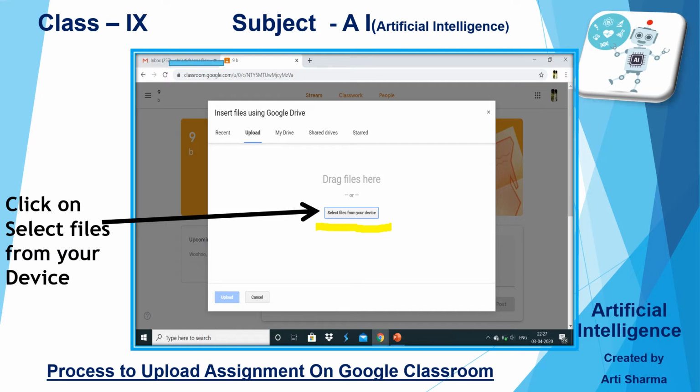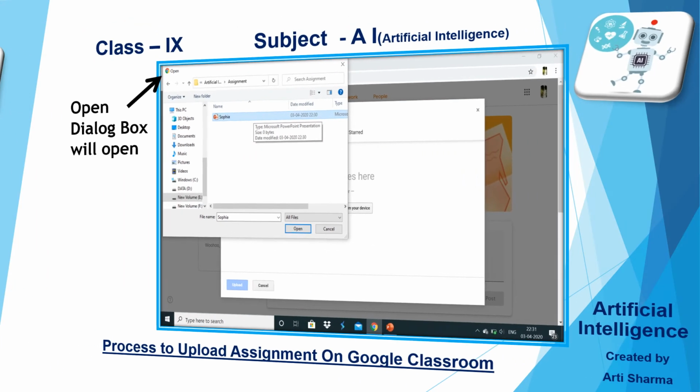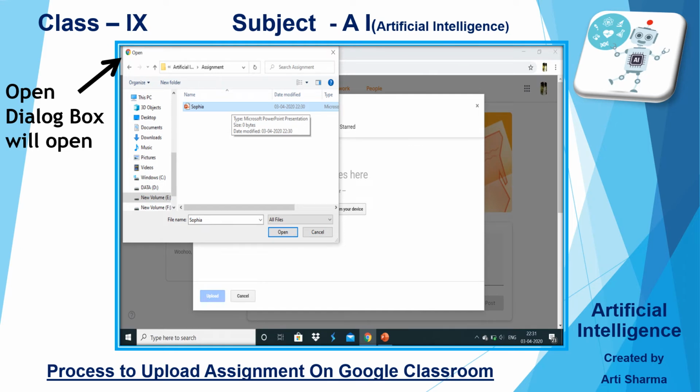So we need to select the file from your device. As we click on select file from your device, it will show you this open dialog box. All of you are very familiar with this open dialog box because this box belongs to Windows. Whenever we want to open any file, we select the file from this open dialog box. So the same dialog box will open.